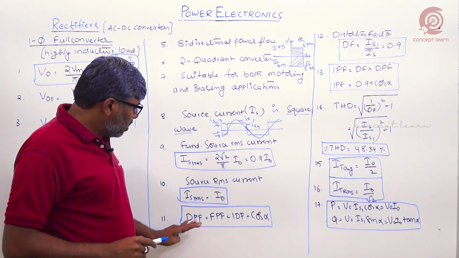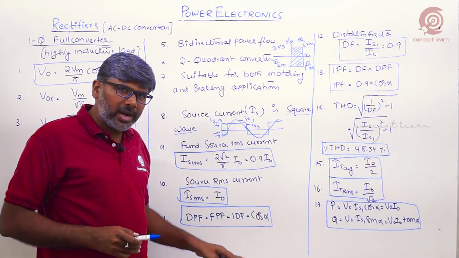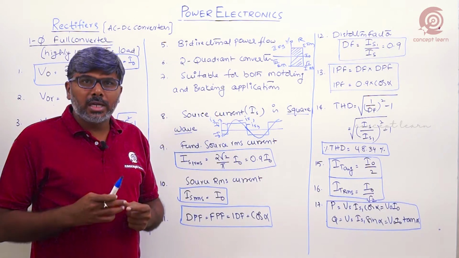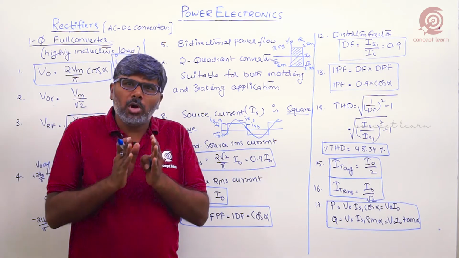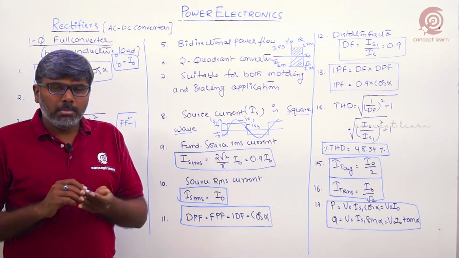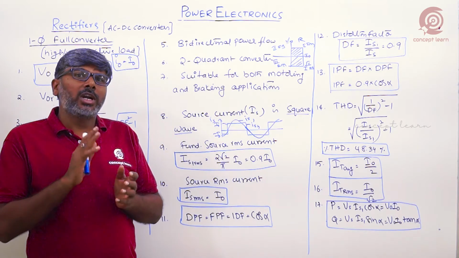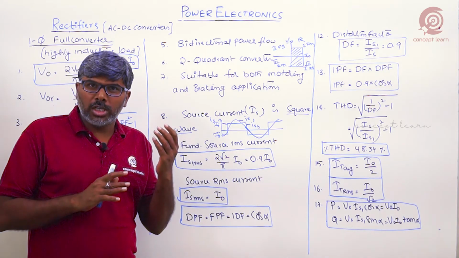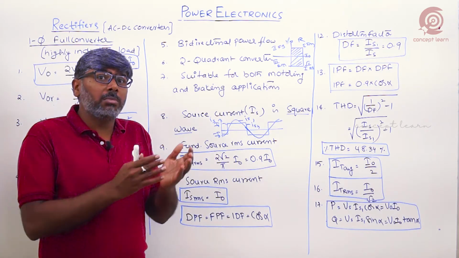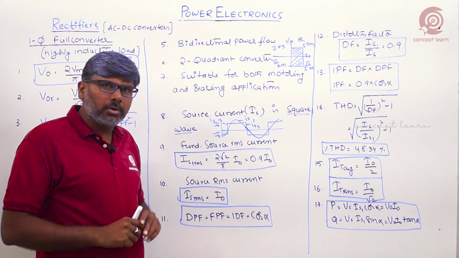And now coming to the DPF, meaning displacement power factor, or fundamental power factor, or input displacement factor. How do we calculate the fundamental power factor? It is nothing but the displacement power factor, which is the cosine of the angle between the voltage and current quantities, right? But here you should consider both quantities as fundamental quantities. The voltage signal should be fundamental, the current signal should be fundamental. So the cosine of the angle between the fundamental voltage and fundamental current is the fundamental power factor, that is cos alpha.